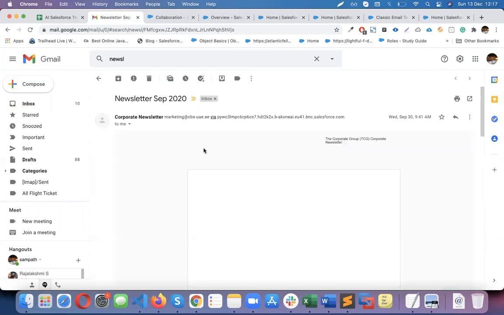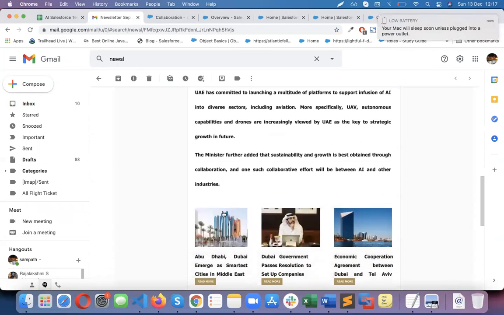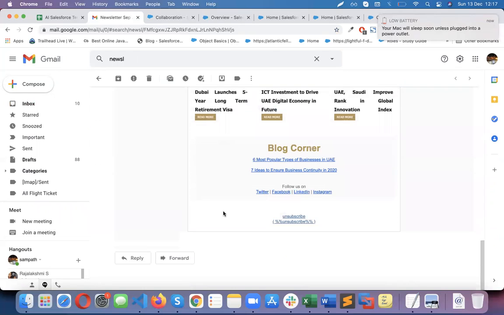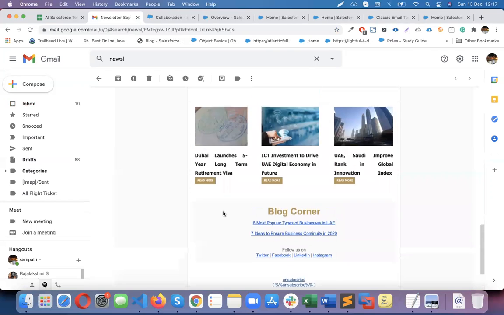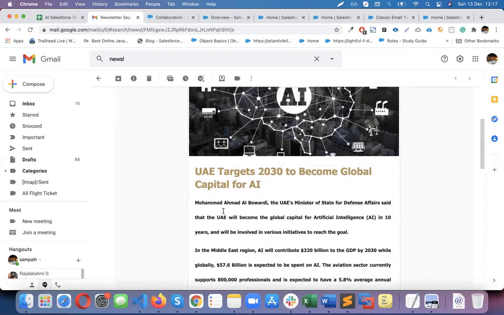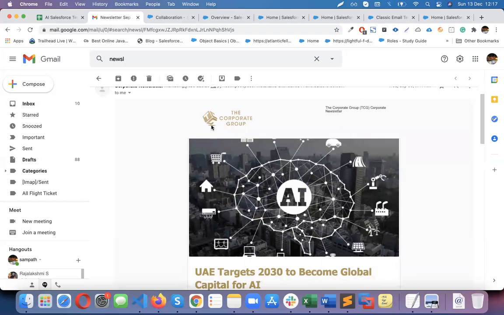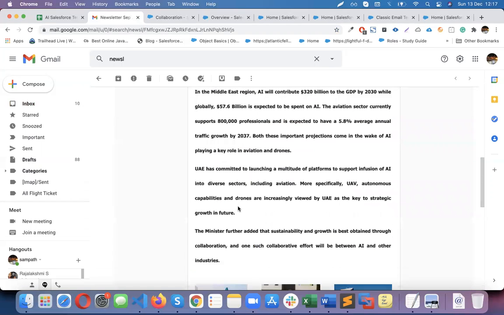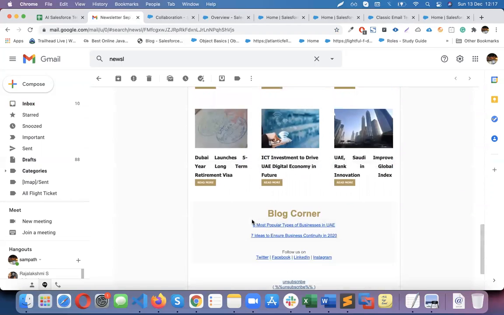Yeah, this is designed in Salesforce only. Sorry, my battery is low. Okay, the same email template, you can design it in Salesforce using the HTML code. This image.